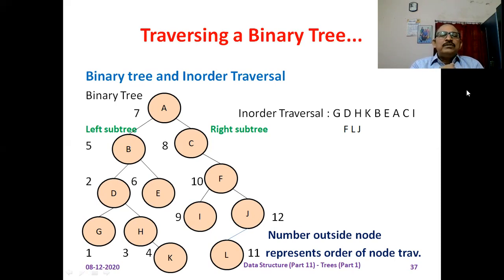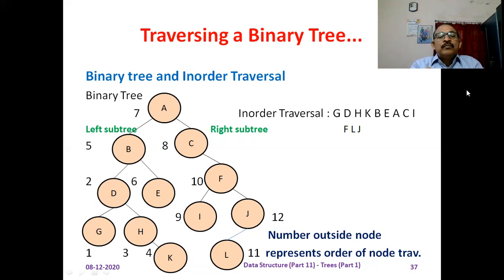The first step is traverse the root node. This activity is suspended. Traverse the root node, left subtree of the root node. The first step is traverse the left subtree of the root node. Means the control goes to the node B. Means we are calling the in order traversal with the left subtree.